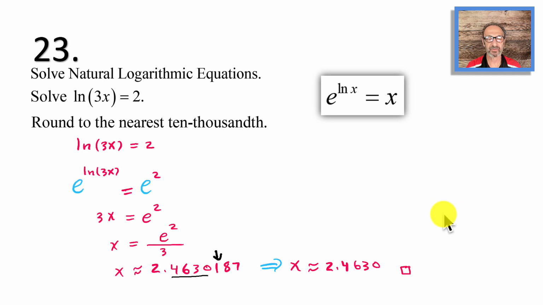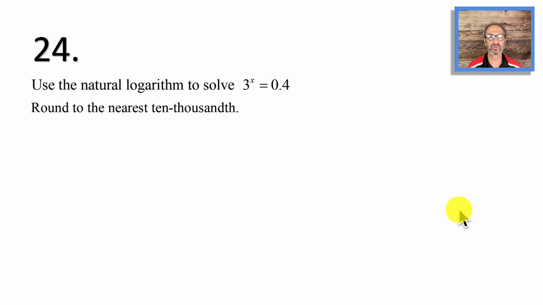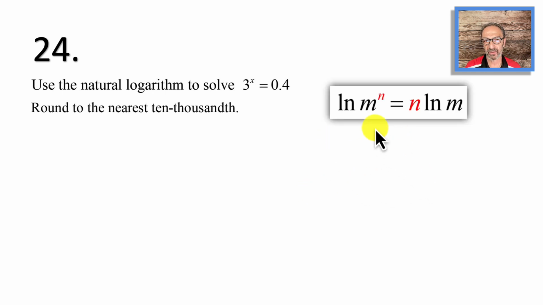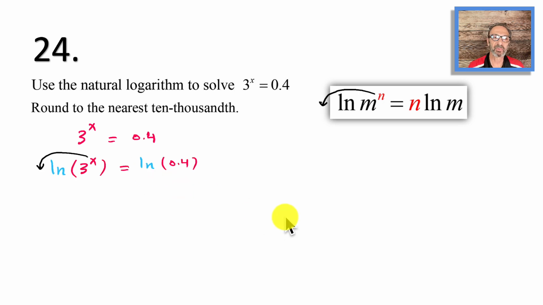Let's go to a different type of problem. Use the natural logarithm to solve the following. 3 to the power x equals 0.4. And we need also to round. In this case, we could rewrite this as ln, or do the following. ln m to the power n equals n ln m, it's like you bring the n down. But I have the problem this way, there's no ln. So let's apply ln to both sides. When you apply ln to both sides, I could use this formula and bring the exponent up front, bring the x up front. So I have x ln 3